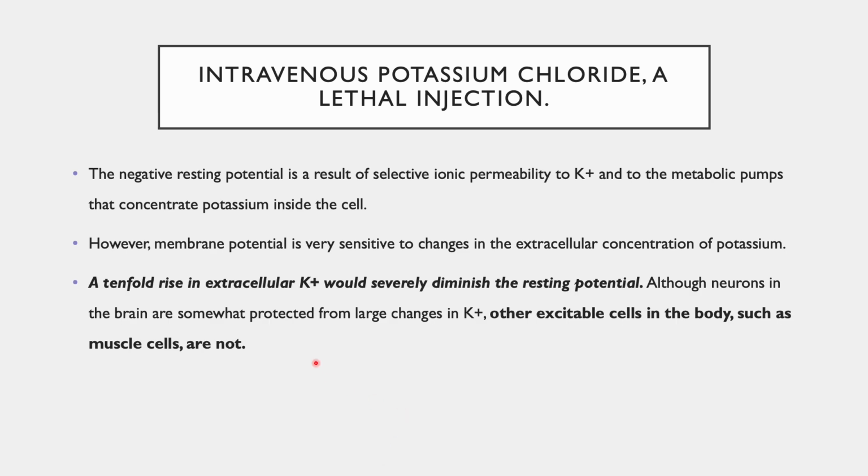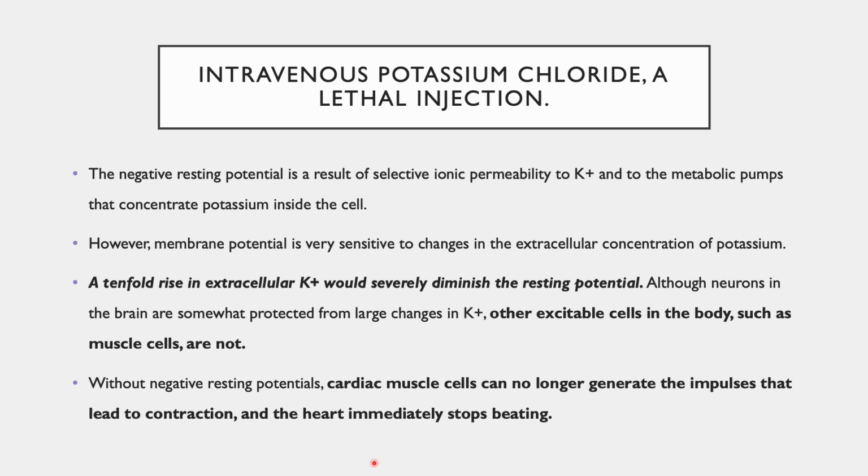A tenfold rise in extracellular potassium would severely diminish the resting potential, meaning that the cell cannot rest and it would only be firing action potentials or nerve impulses. Although neurons in the brain are somewhat protected from large changes in potassium, other excitable cells in the body, such as muscle cells, are not. And if you remember, muscle cells, like nerve cells, have an excitable membrane. Without negative resting potentials, cardiac muscle cells can no longer generate the impulses that lead to contraction, and this can cause the heart to immediately stop